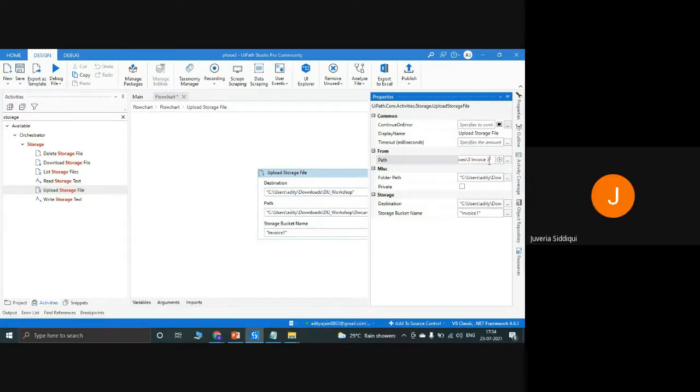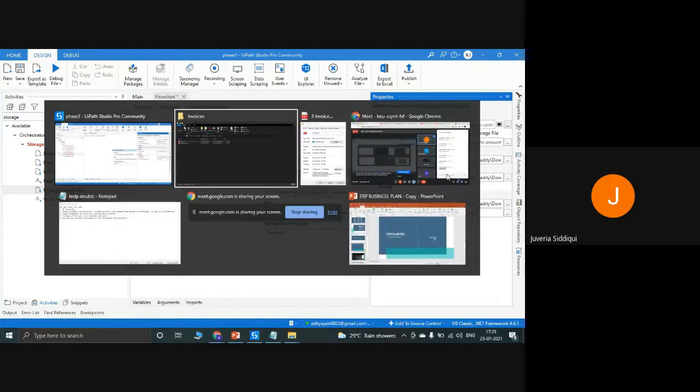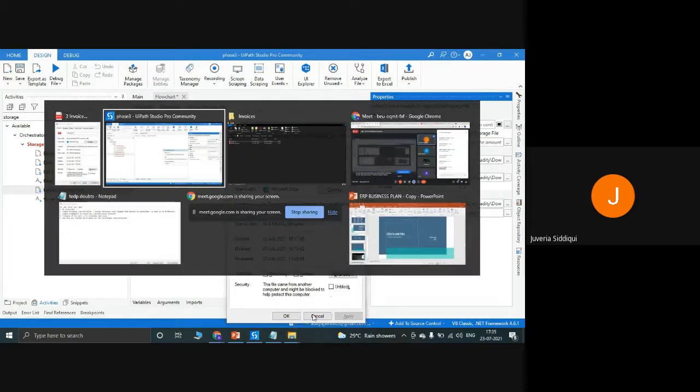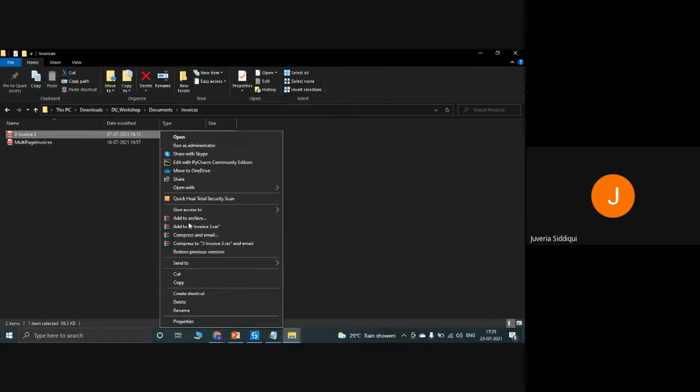Why don't you go back to the file and right click and get the file name as well? Use the copy as path option. Shift right click, it will give you the name of it. Ma'am, there is no such option.